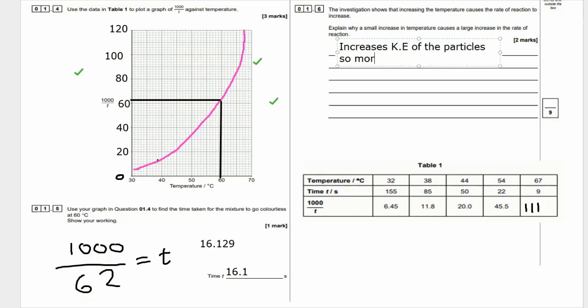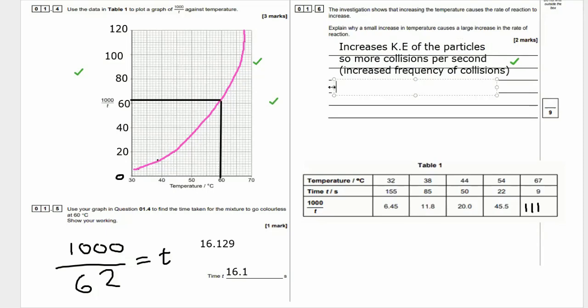What does that mean? So they're traveling faster, so you could write that, or you can just write more collisions, and you need to say per second, or this means the same thing, but increased frequency of collisions. By saying collisions per second is the same as saying increased frequency. So you could say either of those, and that is going to score you a mark. And the second way that it increases the rate of reaction is that